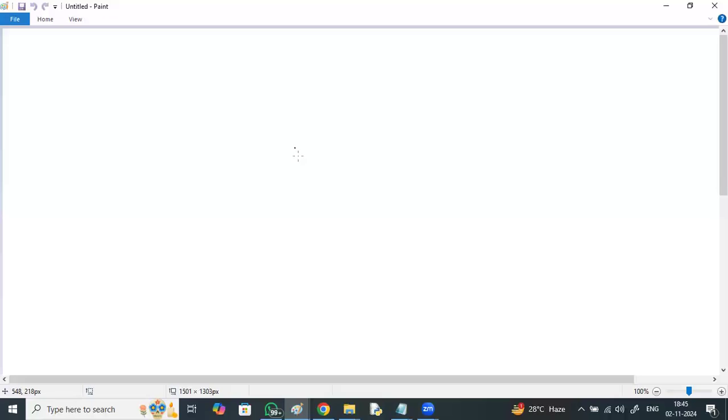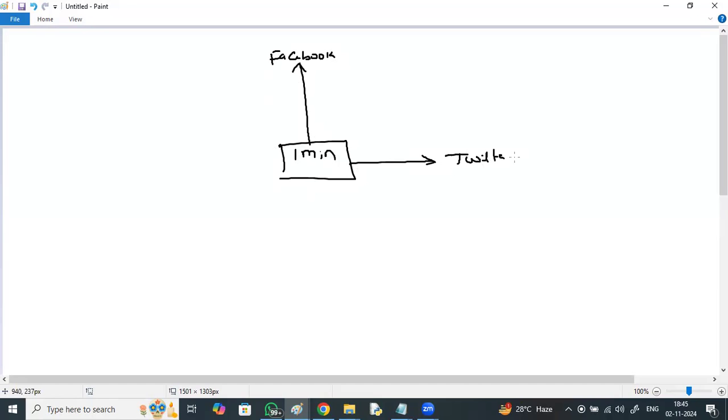If you just take one minute of transactions, how many Facebook posts? How many Twitter tweets in a minute? Google queries. Today, everyone is querying in Google. What is the data generated by Google in a minute? And if you talk about YouTube video uploads, what should be the storage capacity to store all the videos?